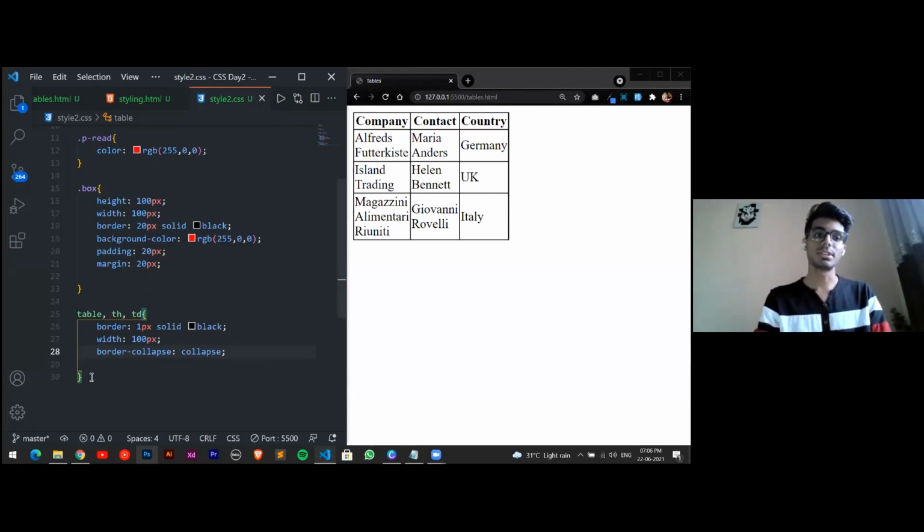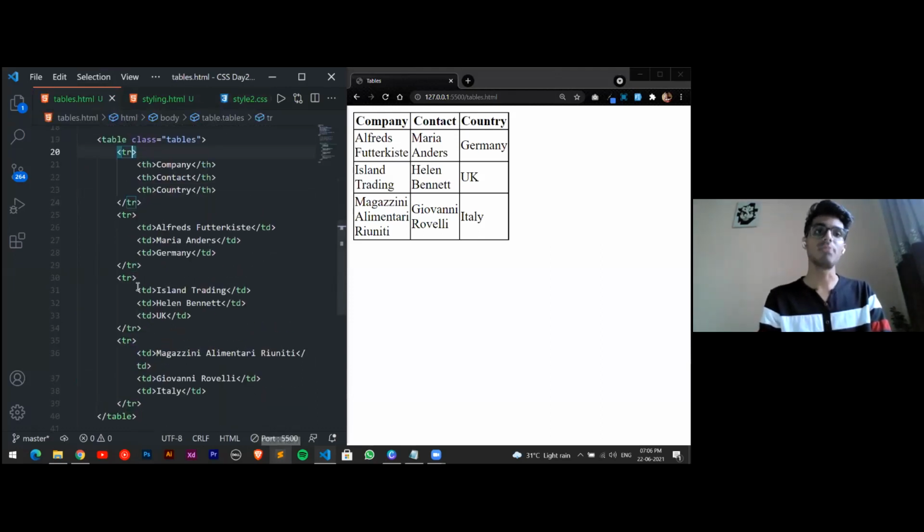Now what we want is, if we have multiple tables over here inside the space, we want only this particular table to have the borders and whatever styling properties we have. So we have given a class over here.